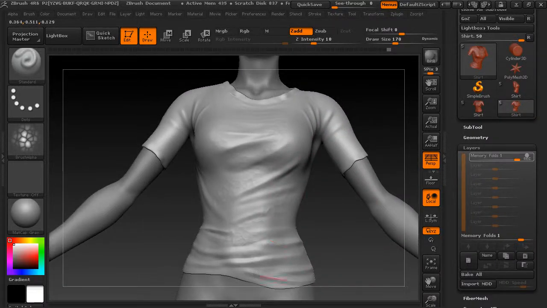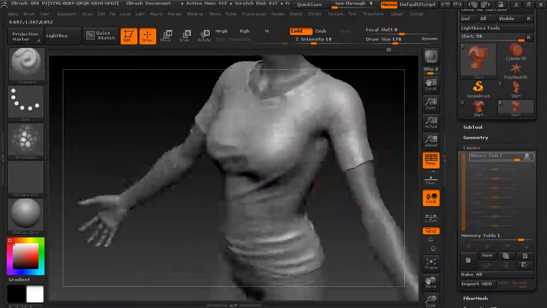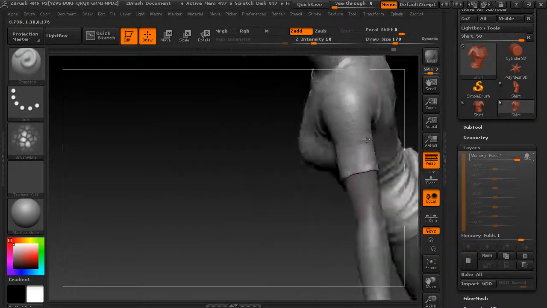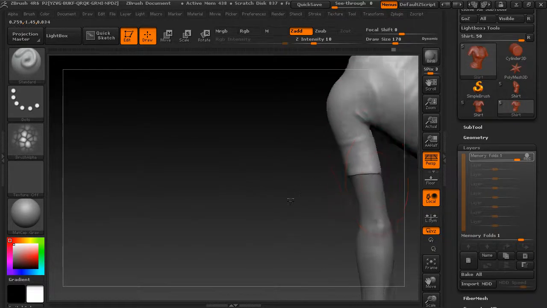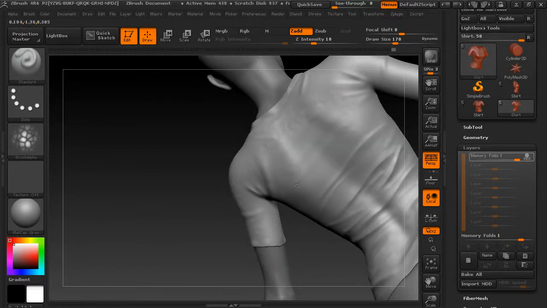And start placing these kind of around, maybe a little bit more on the sleeves. That's really one place that you tend to find these quite a bit. And it's going to look pretty ugly here at first. Okay, but I'm just placing these in,